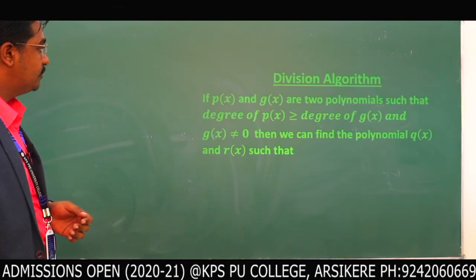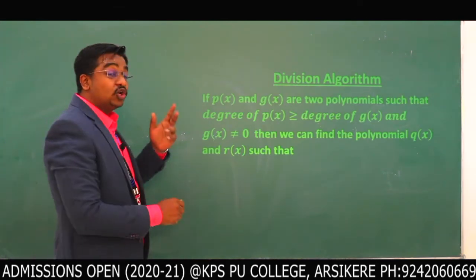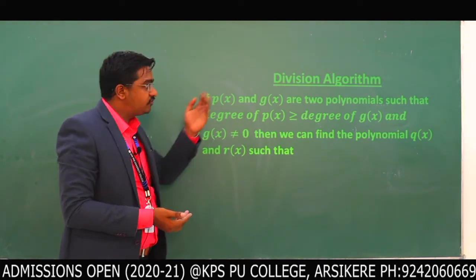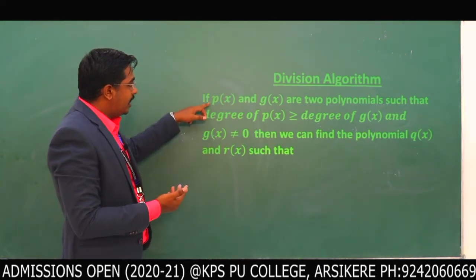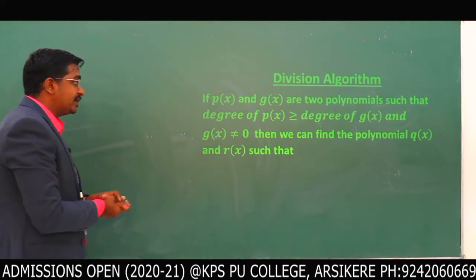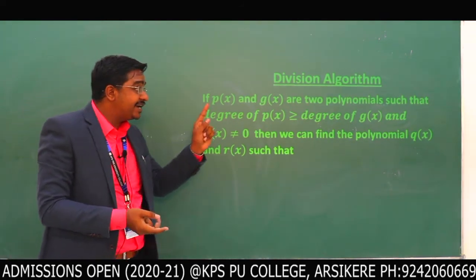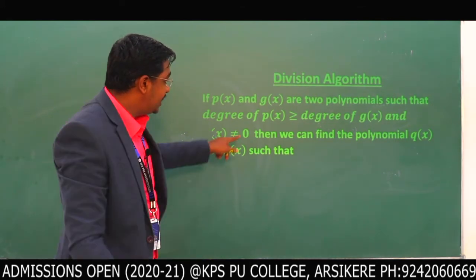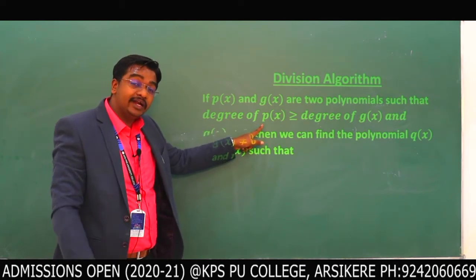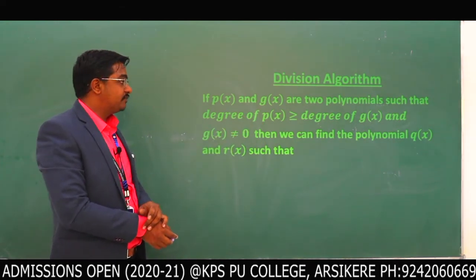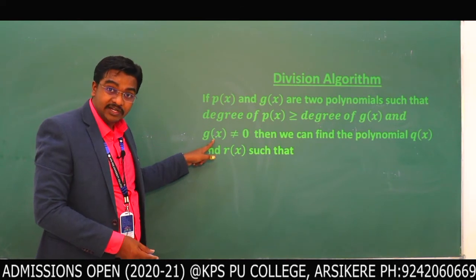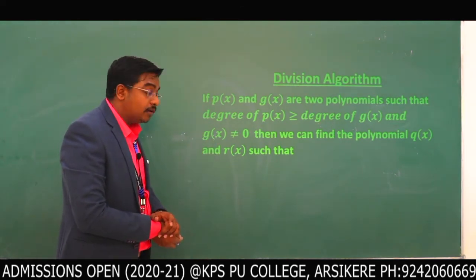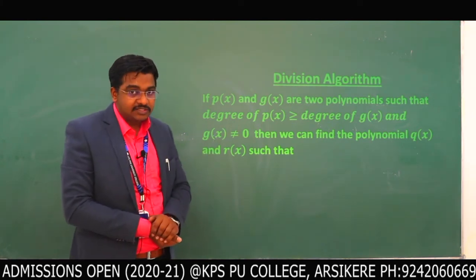ನೋಡಿ ಇಲ್ಲಿ division algorithm. So if p of x and g of x are two polynomials, okay, previous class discuss ಮಾಡಿದ್ವಿ, x square plus 3x plus 4 what we obtained here in last case are polynomials such that degree of p of x is greater than or equal to degree of g of x. It means here dividend, the degree of dividend must be greater than or equal to degree of divisor, and g of x is not equal to 0. It means the divisor it never be 0. Then we can find the polynomial q of x and r of x such that